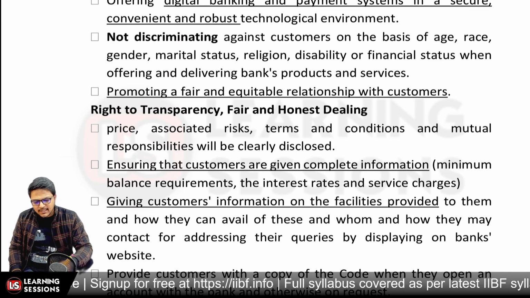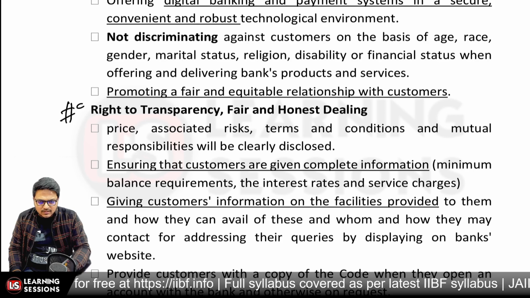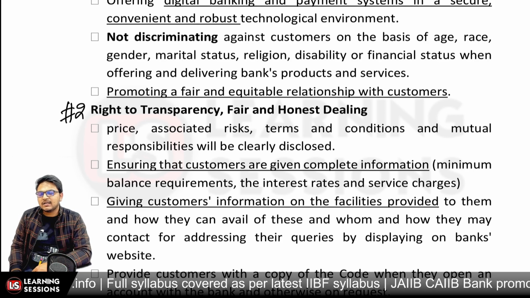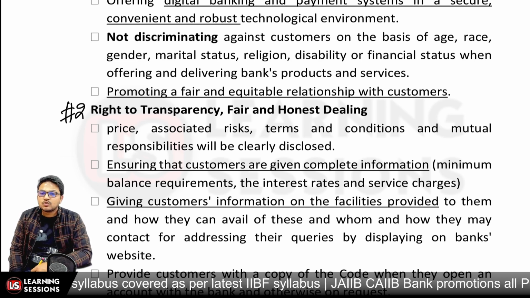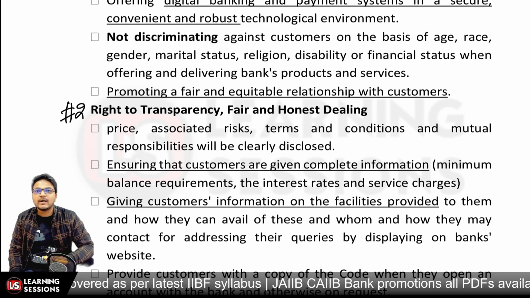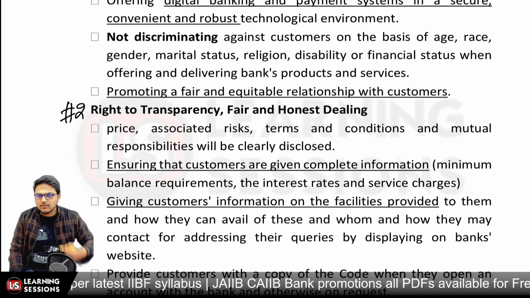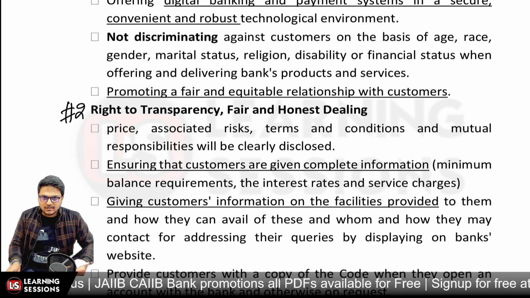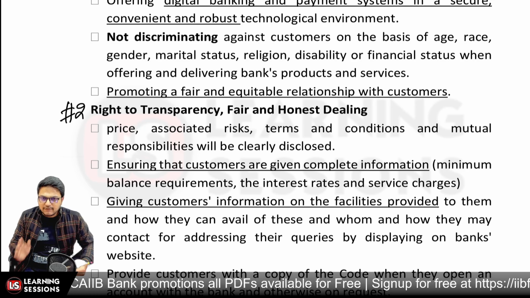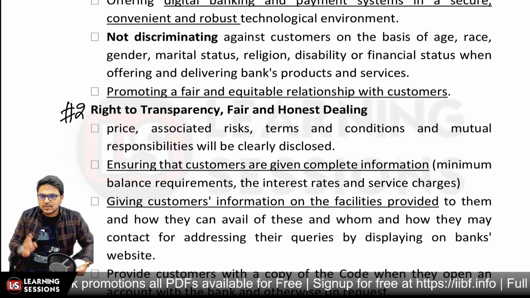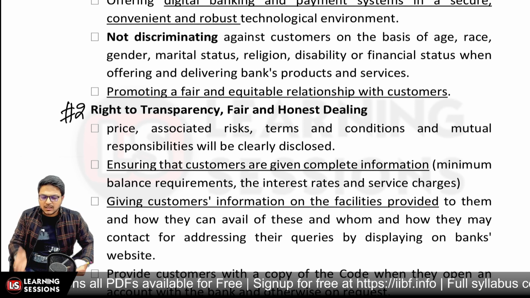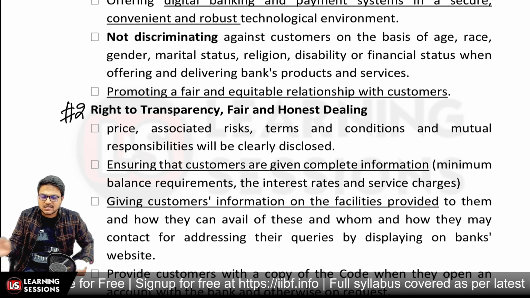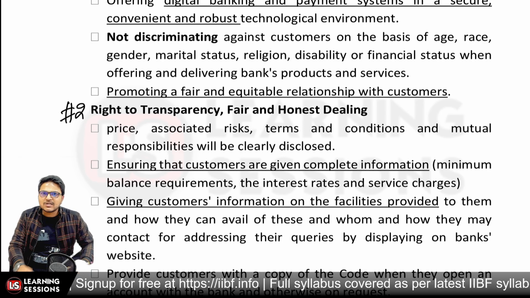Okay, and the second one is related to right to transparency, that whatsoever the things will be done, those will be transparent. Let's say in case you visited the bank and they said that there are minimum average balance charges, you must know about those charges beforehand, not at the point when you are charged for the same. And even if a loan is sanctioned, it's not the case that they can be charging anything. The terms and conditions must be there, and a key fact statement must be given to you, so that you can understand everything well: what is the interest rate, what is the processing fee, what are the documentation charges, what are the other kinds of charges, any kind of hidden charges, what's the type of the charges, those must be clear to you.